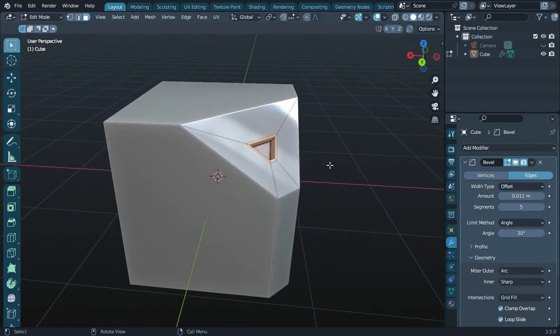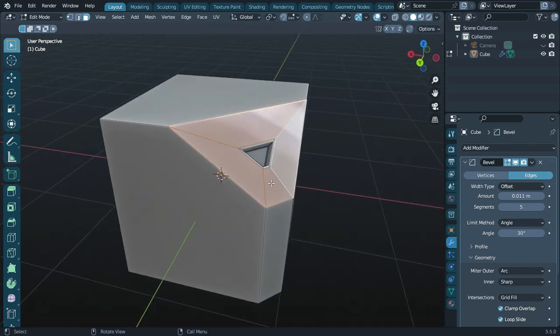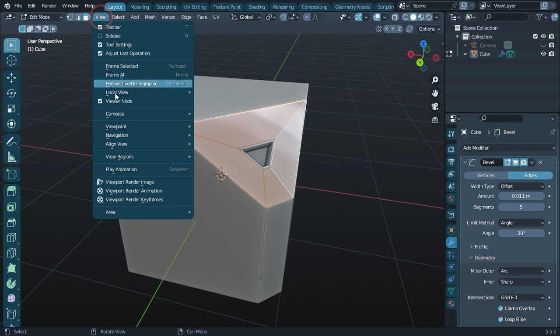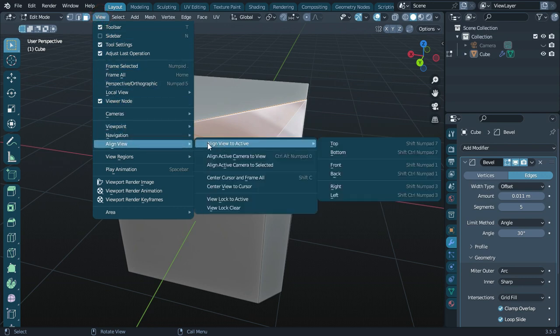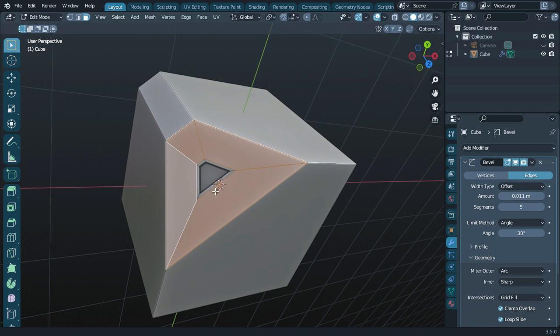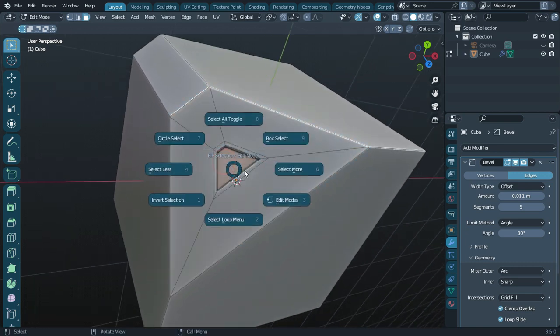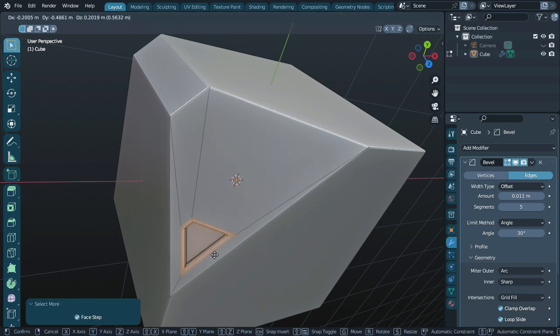Instead, what you could do is select the plane along which you want to move the detail. Then go to View, Align View to Active, Top. What this will do is align the 3D view along the normals of the selection. And now you could just select the detail and move it how you want,